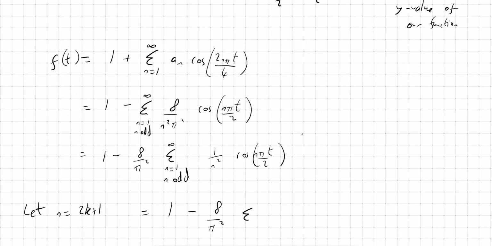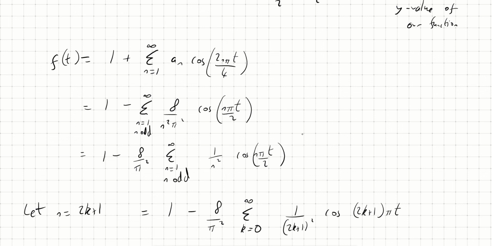And now the sum, rather than summing over n, we're just going to sum over k. And to get n equals 1, we want k equals 0. So our sum is now going to go from k equals 0 to infinity of, and then rather than n, we're going to write 2k plus 1. So we're going to get 1 over (2k plus 1) squared cos, again we're going to replace n with 2k plus 1, (2k plus 1)